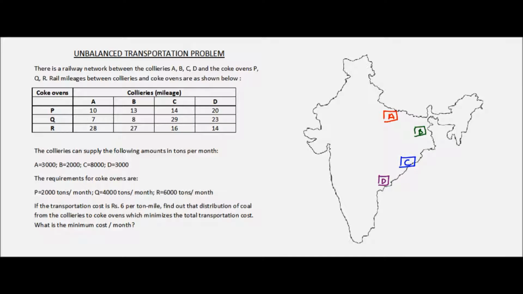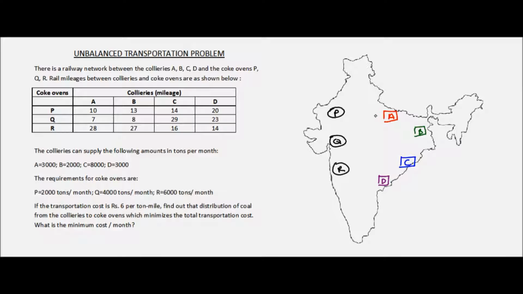And there are three coke ovens, P, Q, R. Now these coke ovens are not ovens which produce Coca-Cola. This coke refers to a byproduct produced when coal is heated under certain circumstances. And coke ovens are where coke is produced. Coke is considered to be one of the three fundamental materials for producing iron, which in turn is used to make steel. Now let's say these coke ovens are located here. So this is P, Q